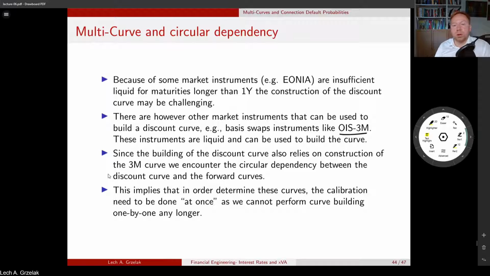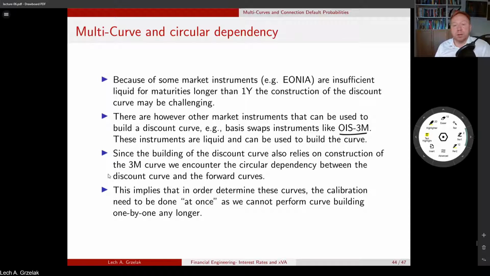That's, of course, a much more involved task than what we have described so far. Because right now, in our scenario, we build curve by curve. So we have a discount curve, then we build the 3-month curve, where the input is the discount curve. And then we use those additional quotes from the market for the 3-month curve. And then we do the 6-month curve, which we base on the 3-month curve and the discount curve. This is the way we can build it up, depending, of course, on what we have available